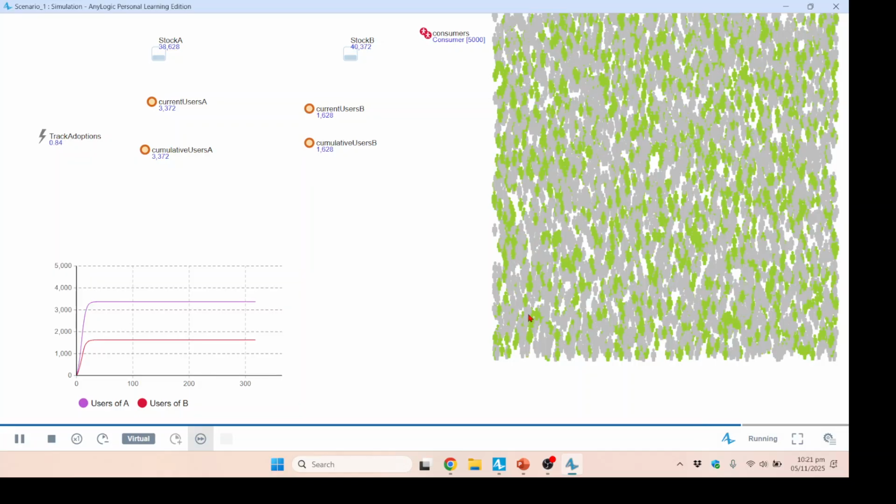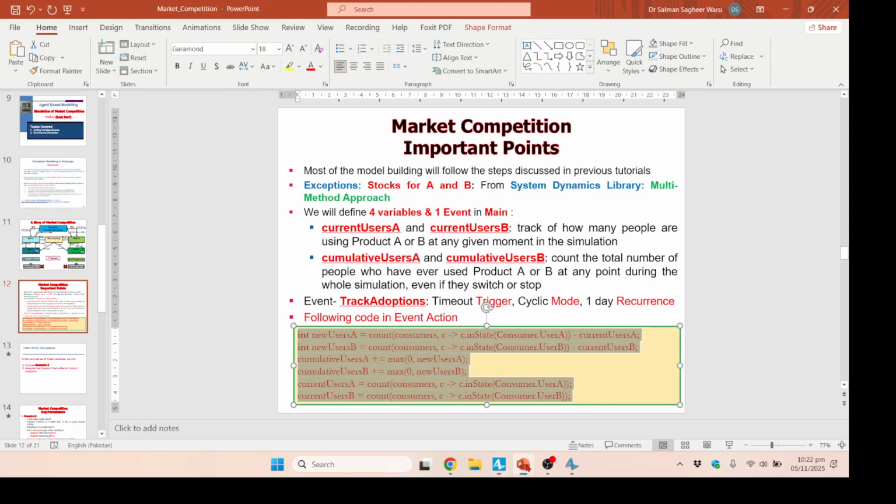As can be seen, product A is leading, and because we have kept all the parameters the same, the only difference was marketing, and that's why product A was the winner in this case. That's the end of this simulation. You can always tweak these parameters